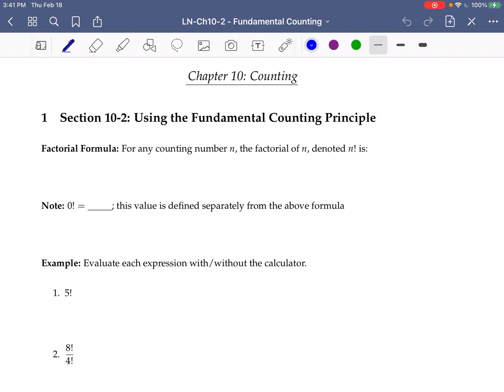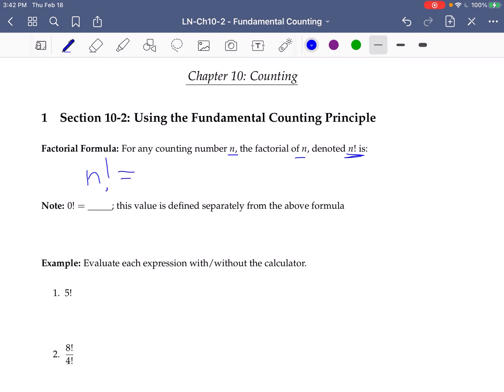In this video, we're going to start looking at our fundamental counting principle. However, before we do that, we're going to first talk about the factorial. Right? And so what is the factorial? For any counting number n, the factorial of n, which is denoted with n followed by an exclamation point, is n factorial